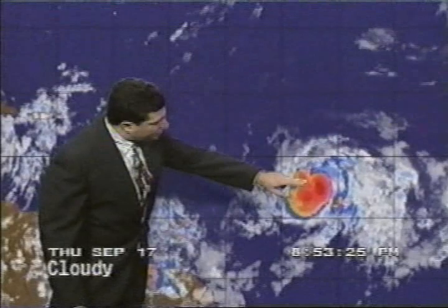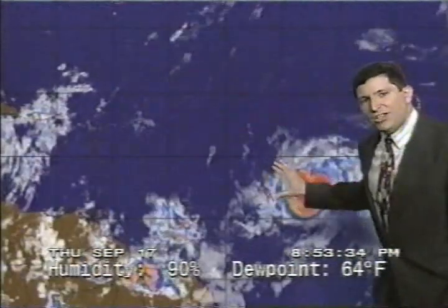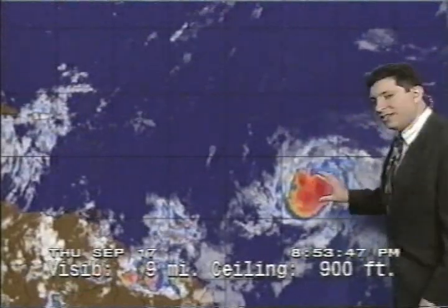Here's the system right here. You can see it is forming a fairly compact central dense overcast, and we might actually be seeing the start of an eye forming here. We'll keep an eye on that for you. And it is still quite a ways from the Lesser Antilles. However, it is moving in this direction just slightly north of west. So right now, the northern Leeward and Windward Islands are under a higher threat than the southern half of the island chain, but still anywhere along this chain you should be paying definite attention to what is happening with Hurricane George